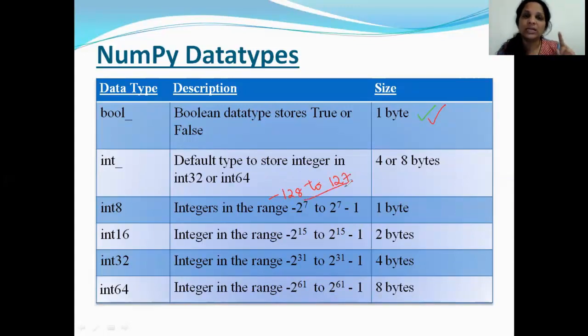So if you're using the data type int 8, remember you can only store small integers which are in the range -128 to +127. For example, if you're storing, let's say, roll numbers in the classroom, int 8 is fine. But if you're storing board roll numbers, you know how big the board roll numbers are, you couldn't be talking about a data type called int 8. You would have to go for something bigger. It could be int 16, int 32, or int 64. But don't get confused. They are all talking about integers.